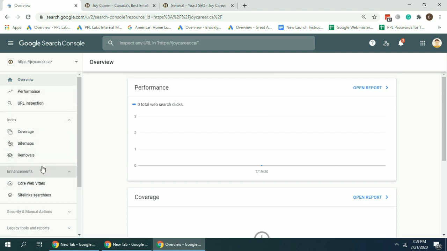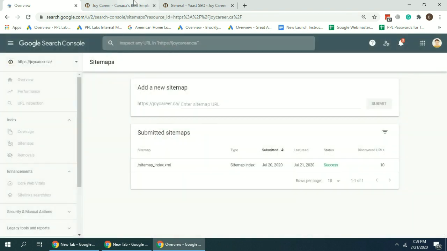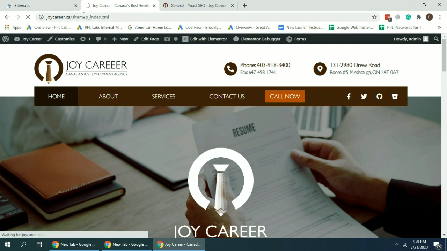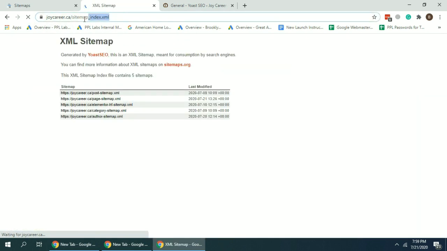Next most important step is to submit the sitemap. And here we can submit the sitemap. So the sitemap of our website is located here. It could be different for your website depending on which plugin you're using. But in case of Yoast SEO, that's the main URL for the sitemap. So we'll just copy the URL